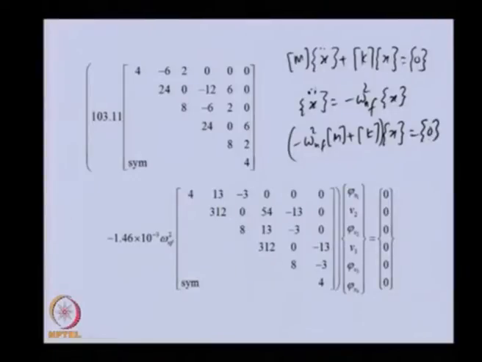And this is that particular form, in which this is the mass matrix, this minus omega nf square, this is the K stiffness matrix. So this is the stiffness matrix, this is the mass matrix. So this equation is of this form basically, and because this is a homogeneous equation, for a non-trivial solution we need the determinant of this equal to 0, or what we can do is convert this into an eigenvalue problem.